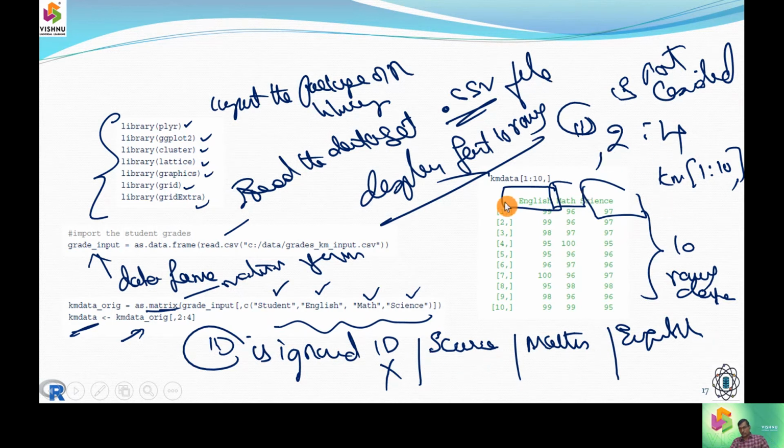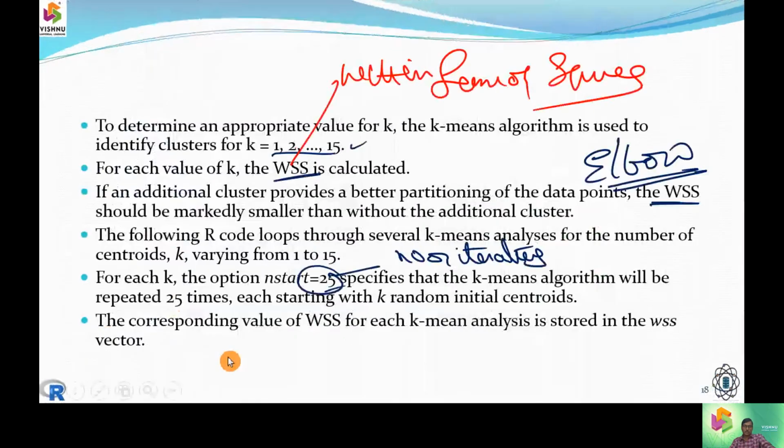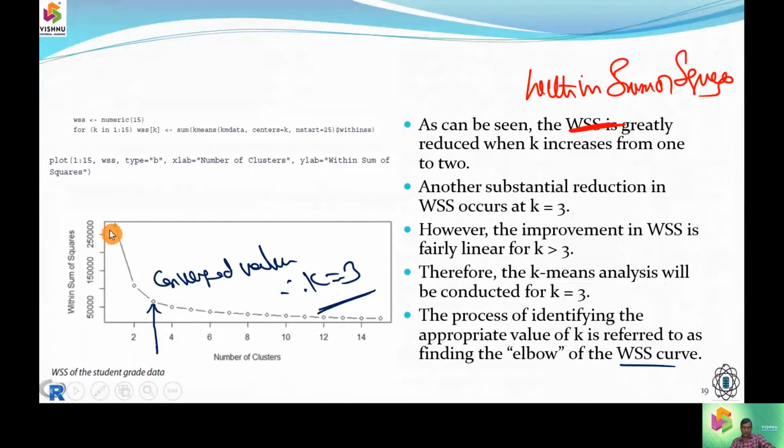So that is why we are going to give the second, third, and fourth as inputs to the frame, that is KM, and the items. So now how can I decide this k with the within sum of squares? We are going to go with the elbow method, which checks the number of iterations. Let us say we start with 1 and end up with 15 clusters. So which one is the best?